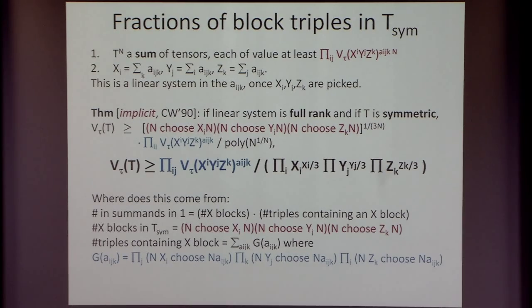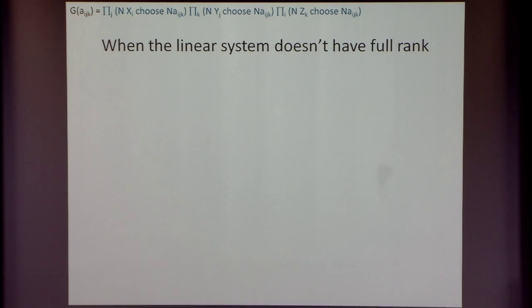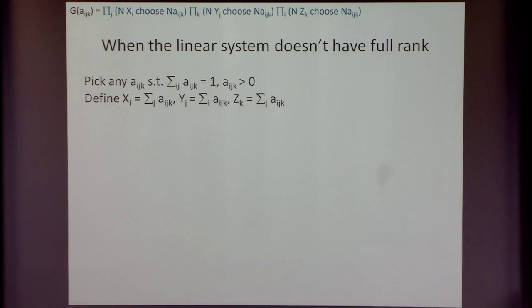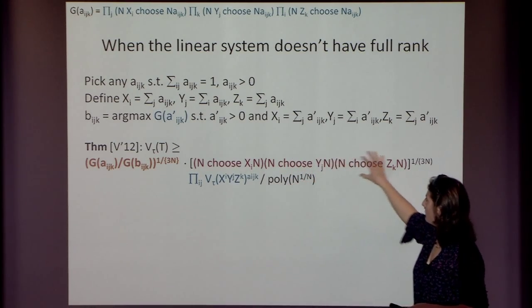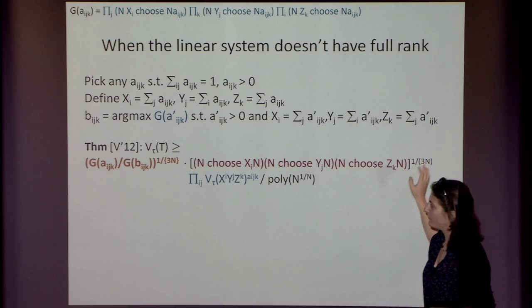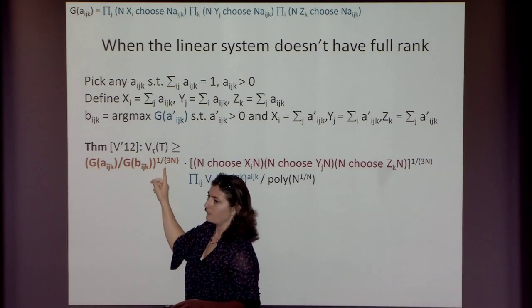So the point of their theorem is that there is a nice bound you can get of the value of a particular tensor from a constraint program, and you just plug it in and solve the constraint program. And I did this for the case when the linear system defined by the blocking doesn't have full rank, and then your theorem looks like this. The value of the tensor is at least what we had before from the Coppersmith and Winograd theorem times some ratio over here, which is very bizarre.